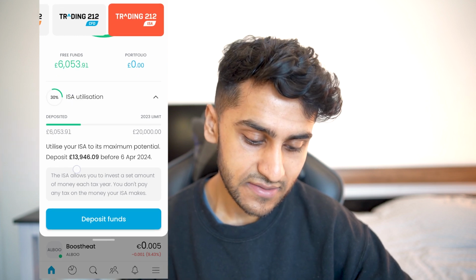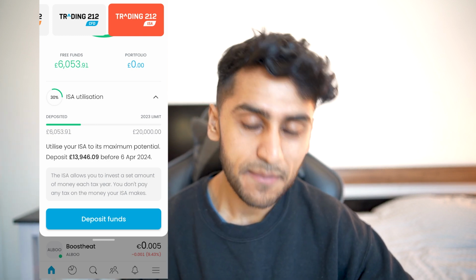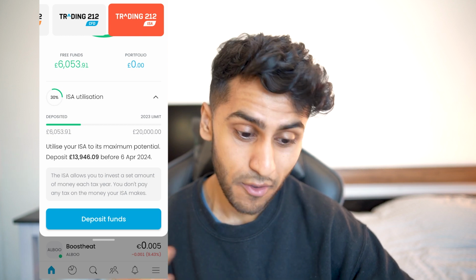So I have £13,946 left until I max out my ISA, and this is actually funds coming to my bank account very soon, hopefully by tomorrow, and then I can completely max out my ISA within the first week of opening the tax year. So just in case you guys were wondering why you would have an invest account in addition to ISA,